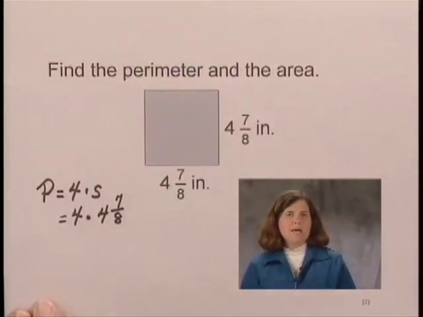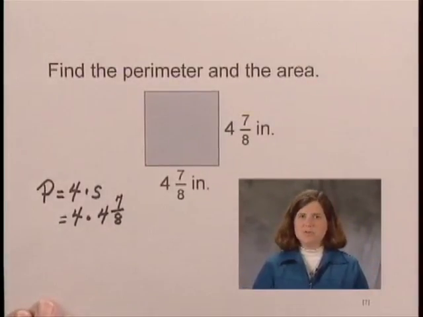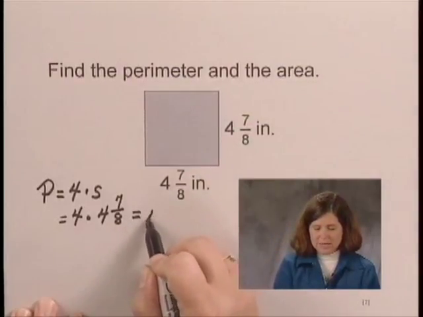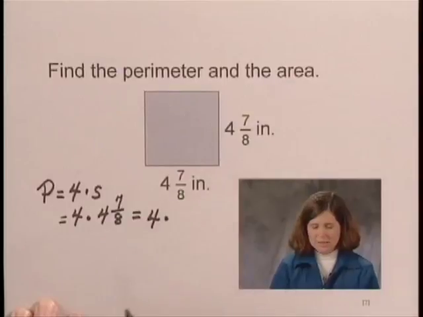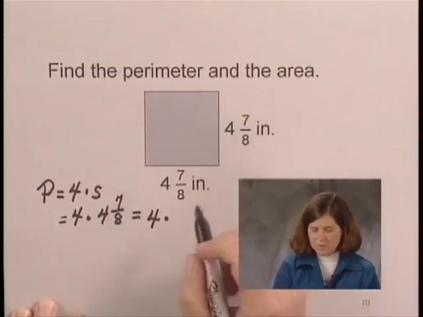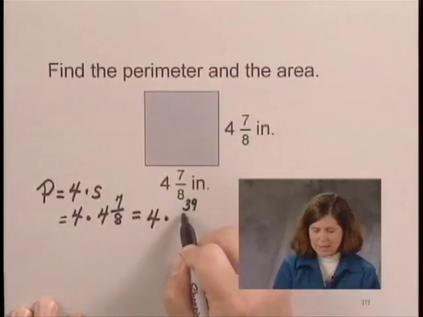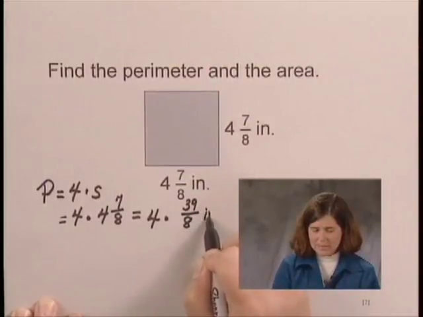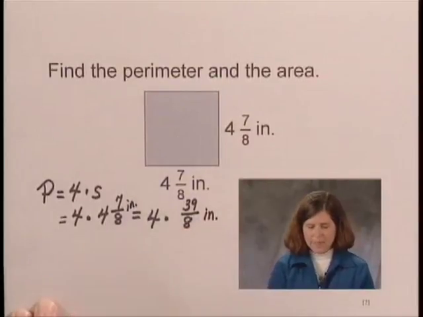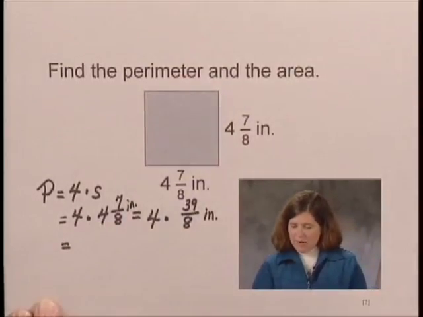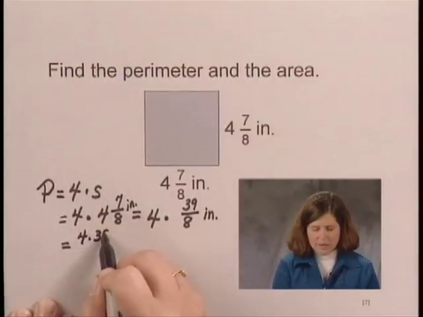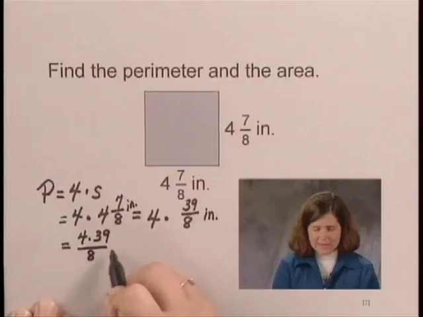When we multiply using mixed numerals, we want to write the mixed numeral using fraction notation. So we will write this as 4 times 8 is 32 plus 7 is 39. So I can write that as 39/8 inches. I should technically write my inches there too. Now when I multiply this, I have 4 times 39 over 8 inches,